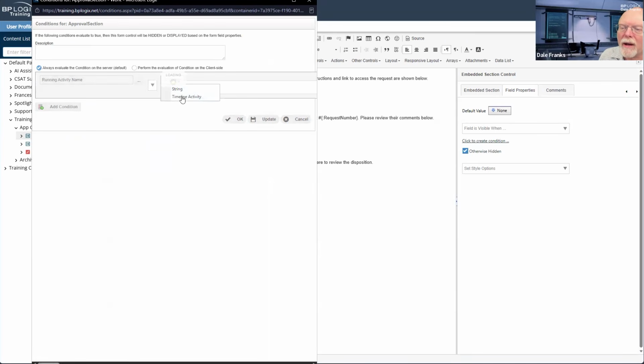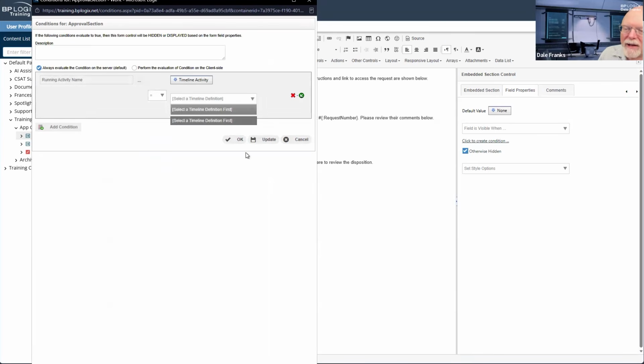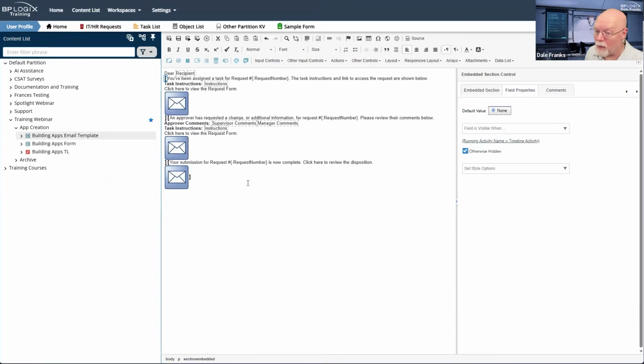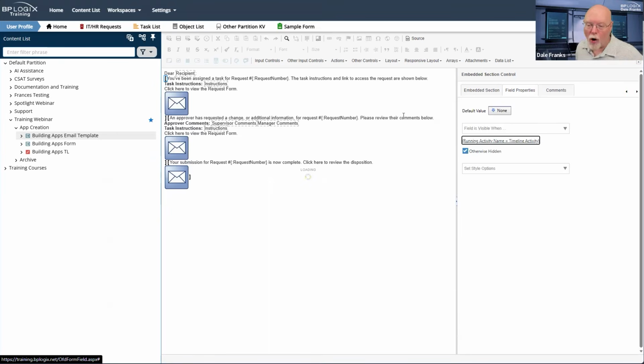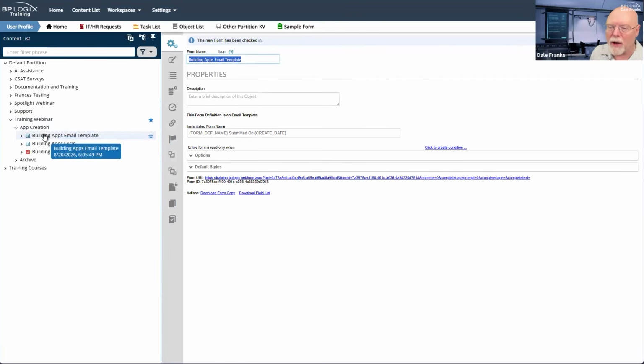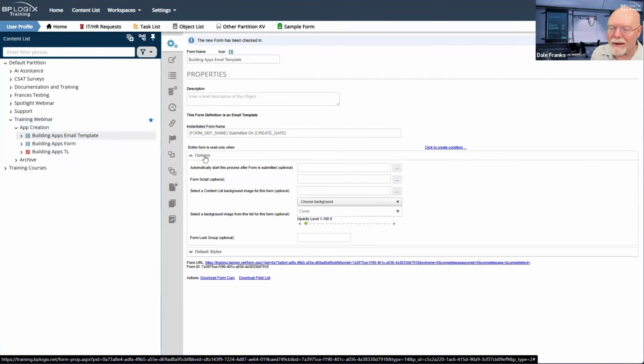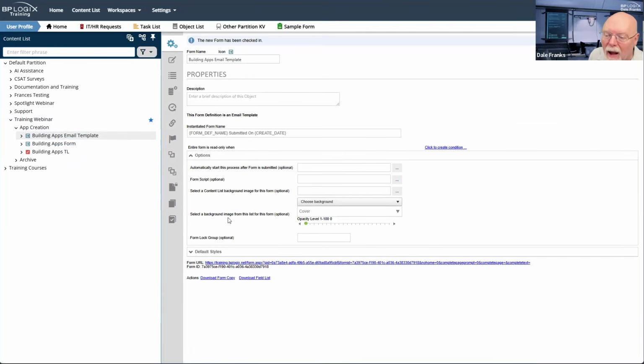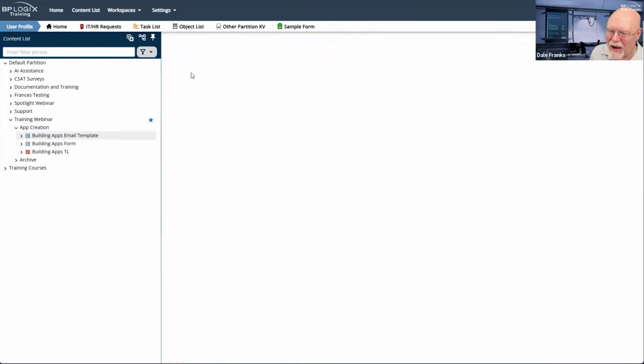equals, oh, I didn't select the timeline definition. Okay, let me show you something that's cool that I didn't do when I created the email template. We're going to go ahead and hit save and close form. I forget to do this all the time, and I clearly forgot to do it whenever I created the initial email template. No, it is an email template, and I can't do it. I was about to say I think I can associate this email template with a timeline. I can't.